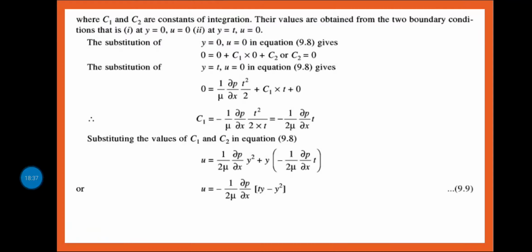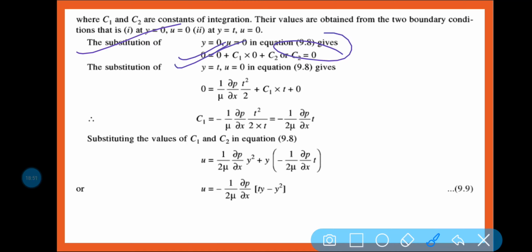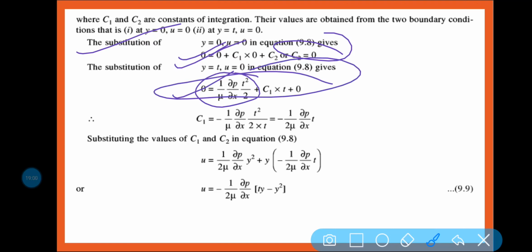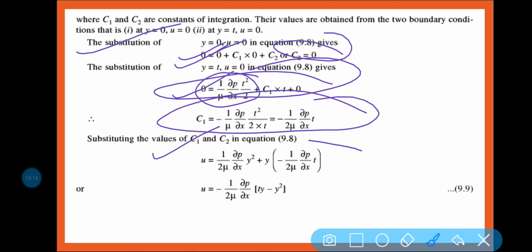Now see, if I put y equal to 0, u equal to 0, then the first equation gives 0 is equal to 0 plus c1 into 0 plus c2, and c2 is equal to 0 here. Then y is equal to t, u is equal to 0, so you put y equal to t in this formula, and c2 is equal to 0 already, so c1 is equal to 1 minus 1 by 2 mu del p by del x into t. Okay, so u is equal to, put the values of c1 and c2, you will be getting 1 by